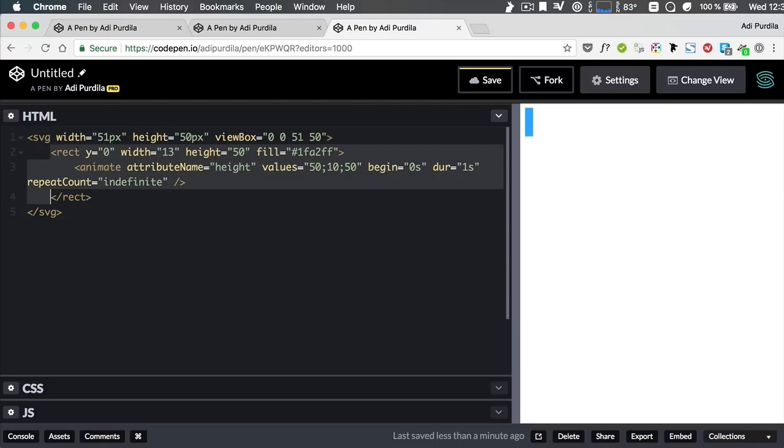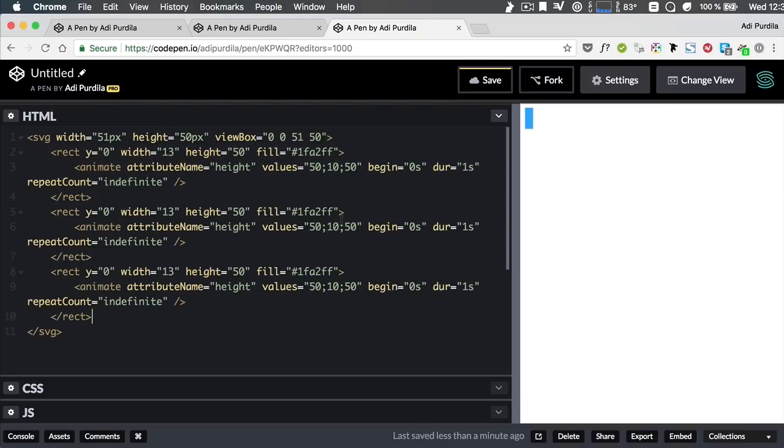Let's go ahead and copy this rectangle 2 more times, and we're going to adjust the parameters on these other ones. So this is actually going to start at 19. The width is also going to be 13, height 50, but we'll change the fill color to something like this. The animate will also change its height, same values, but will begin slightly later, 0.2 seconds. Also duration 1 second. All right, so as you can see, they are staggered because I added that 0.2 seconds